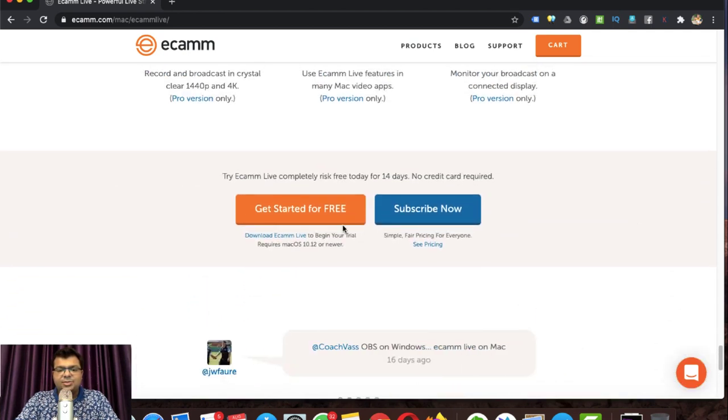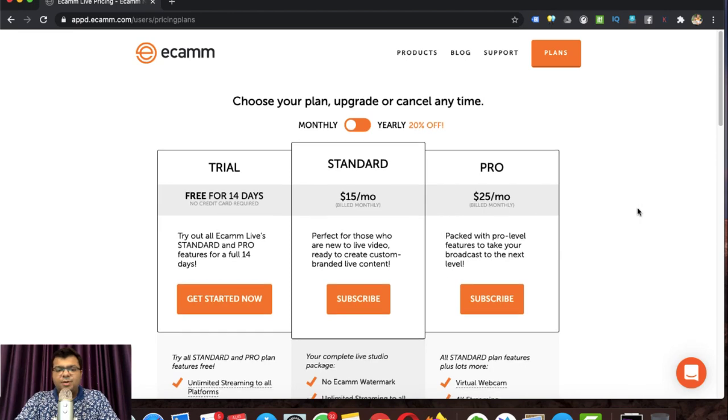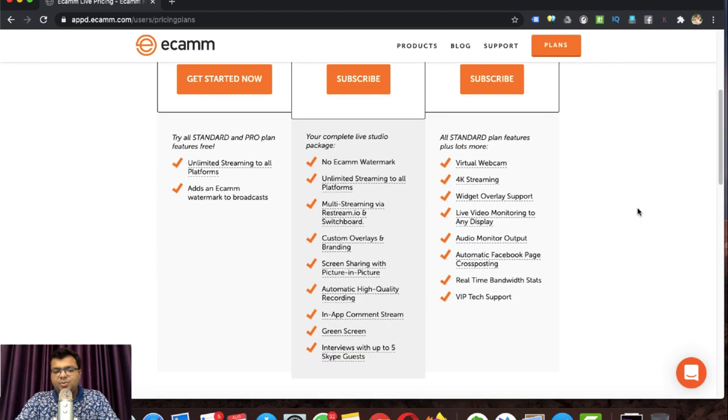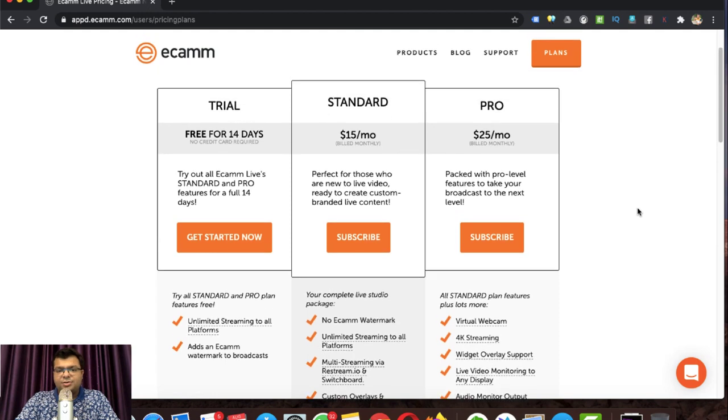Let's see the pricing. It comes with some trial version also. I think it gives a 14-day trial version. And if you go to the monthly plan, it starts with the standard plan, which is $15 per month. I'm using this standard plan, which in Indian currency is around 1,000 rupees only. So per month, if you can invest only 1,000 rupees in this beautiful tool, I think it is much better than many other tools available in the market for video creation, video kind of content.